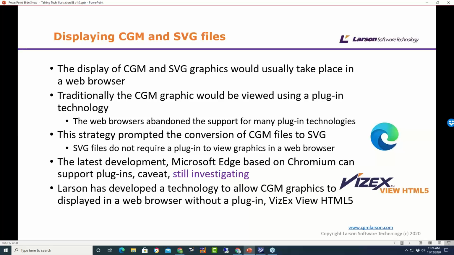So in theory, if you've got a legacy ActiveX control, you still might be able to use Edge to deliver your information. So it might not be that you have to go to SVG. You might be able to just base everything on Edge, that's Microsoft Edge. Or you could use VisXView HTML5 to display the CGM.